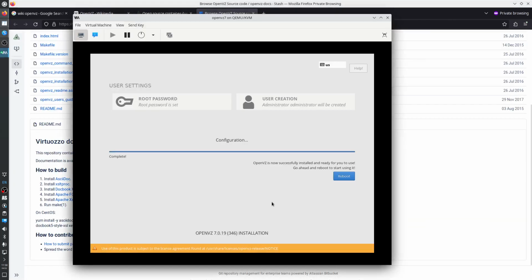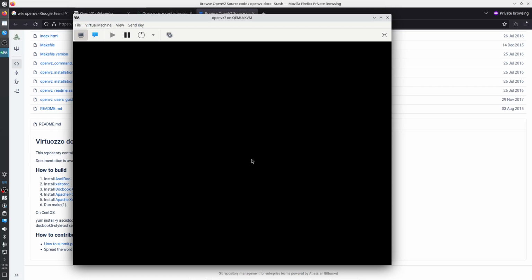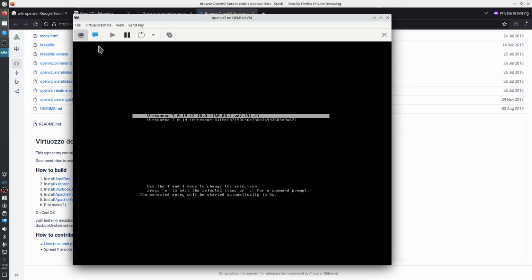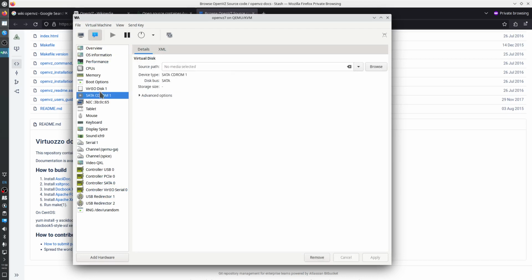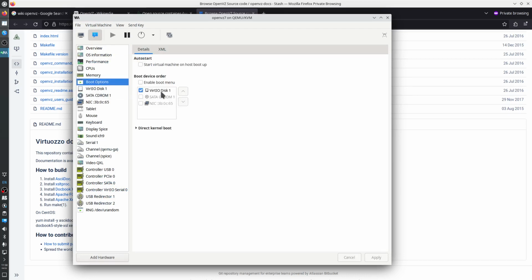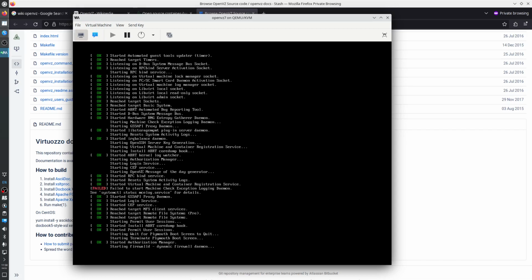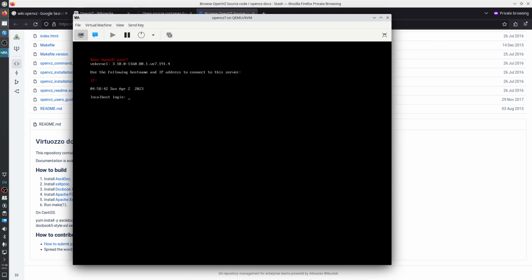Let's see if it finished. So it finished and says OpenVZ is now successfully installed and ready for you to use. I can press the reboot button, which I'm doing right now. Okay, let's look at the virtual machine. Should not have any CD-ROMs inserted. No, it does not. Boot options, just the VirtIO hard disk. Okay, and it booted. And we're at the